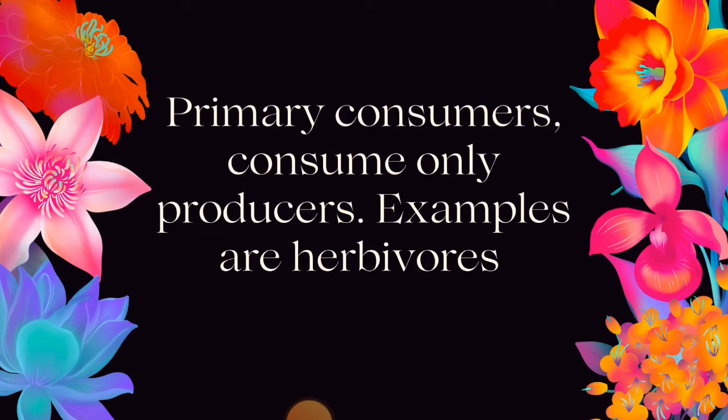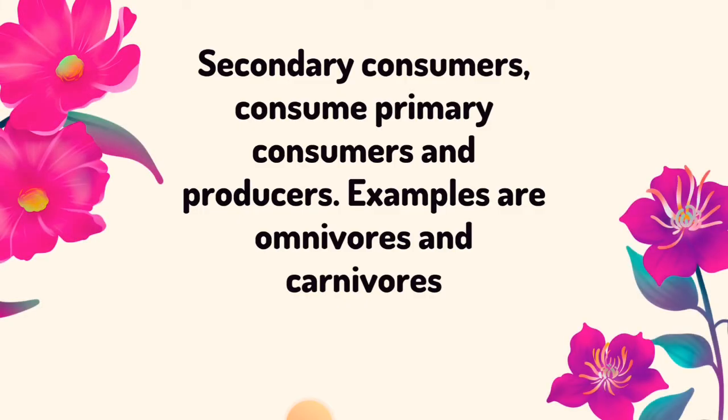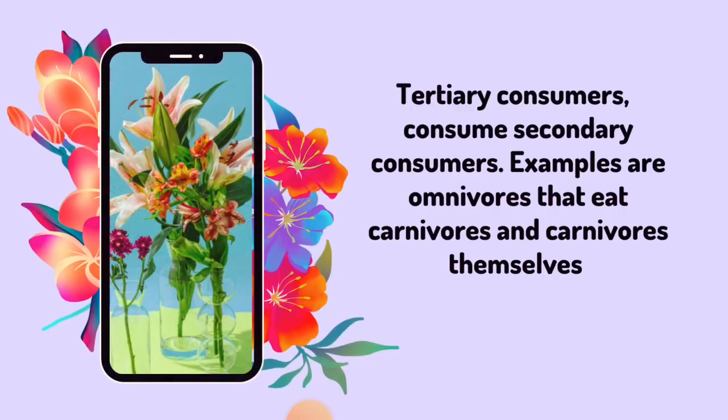And does the chain end there? It doesn't end there, because secondary consumers will now consume the primary consumers. That means something like a frog, for example, will now eat what? The insects, like I've been saying. We have carrots. Carrot is a producer. Rabbits will now eat the carrot. And what do we have? Another animal will eat the rabbit. So just like that. Examples of secondary consumers are omnivores. Omnivores are animals that eat both plants and animals. And carnivores, they eat only animals.